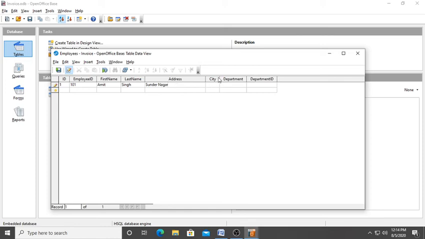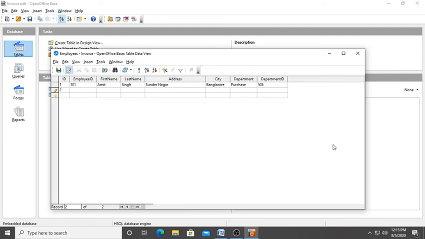City, suppose we write Bangalore. Of which department the employee is working, you can write here. Suppose he is in the purchase department. Department ID, suppose it is 505.